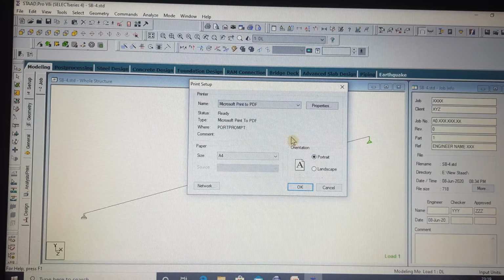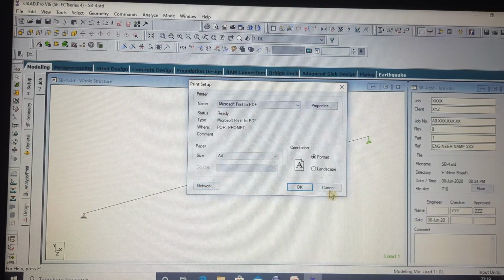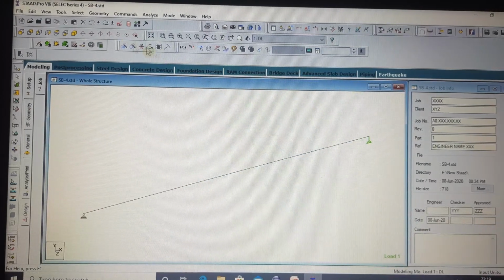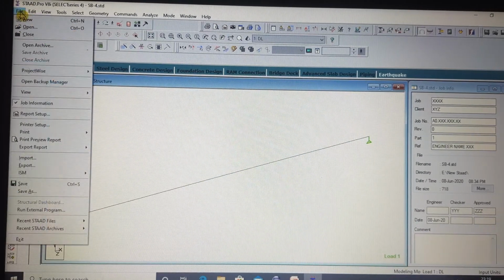So these are the relevant features regarding the print output option. You will be able to see the printers, in which way you want to print, whether in portrait or landscape format, and your page setup. All this print setup will be available if you click on this print option.